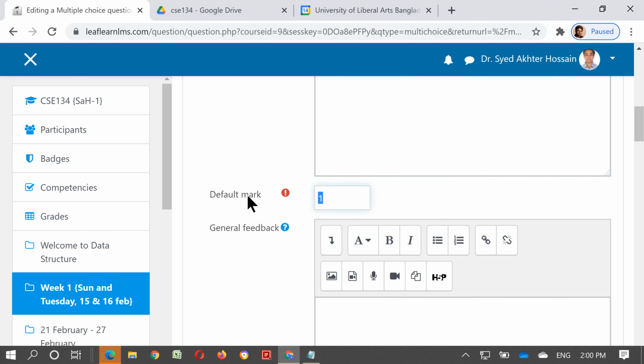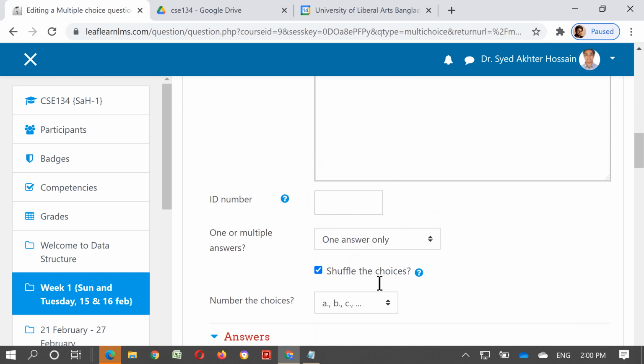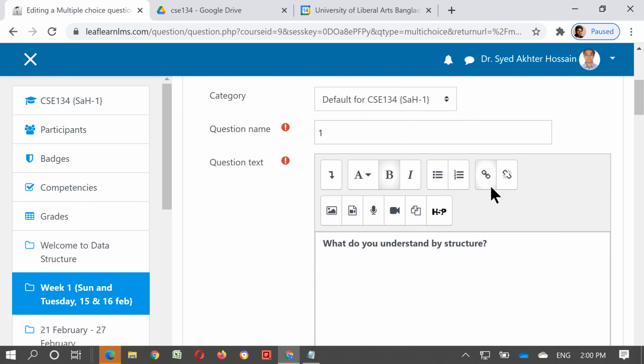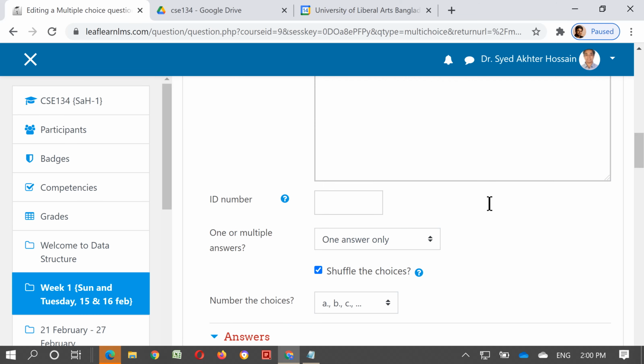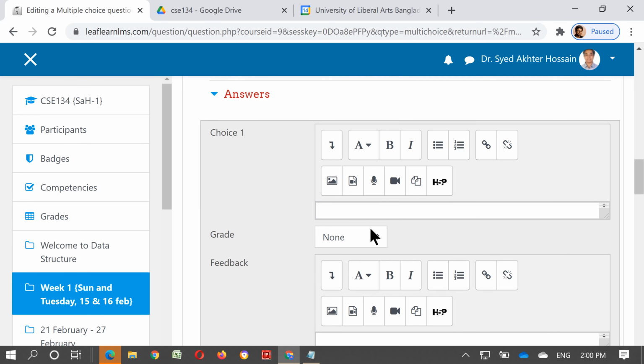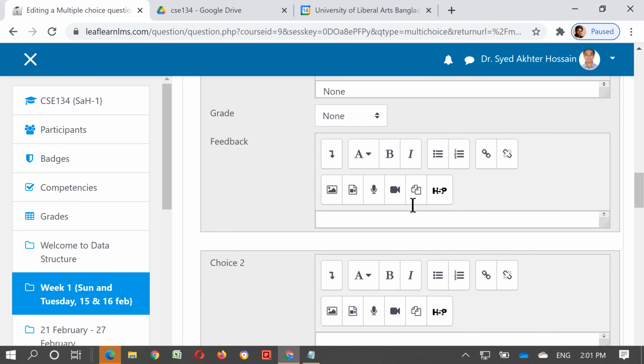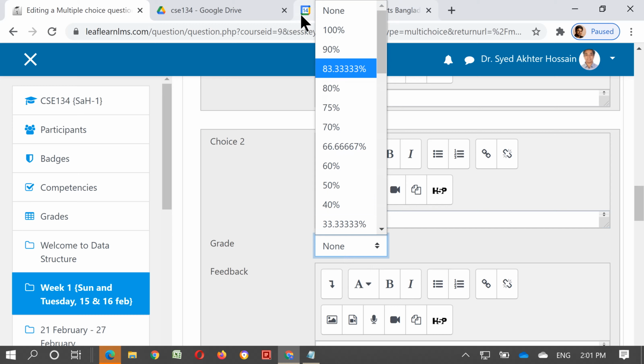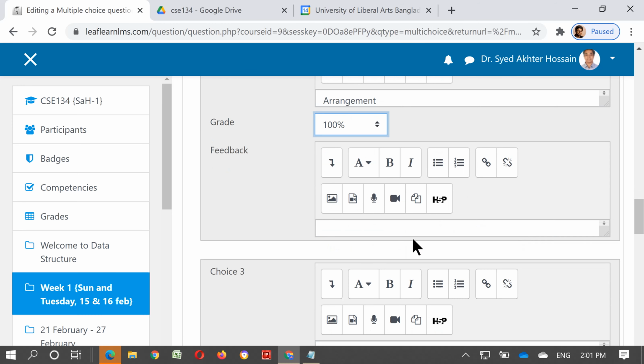And then default mark, you may say 2 marks. If there is any feedback, this is actually, you can understand this question category is a multiple choice type question. So you have to give all choices here, 1, 2, 3, 4. This choice 1 is none, and the grade is of course none because you don't give any marks. You can give feedback. Choice 2, arrangement. Suppose I want to give the full marks 100% in this because this is the right answer, and then I may give feedback, well done,